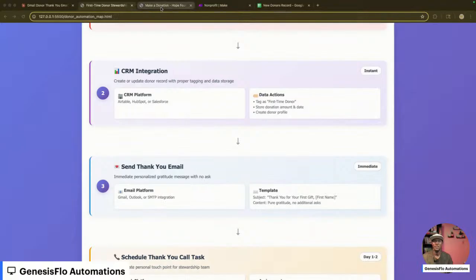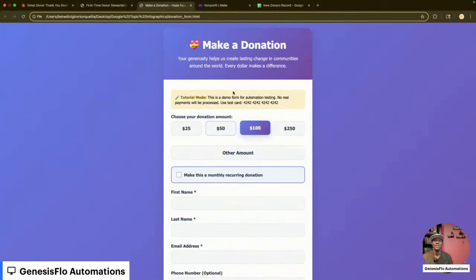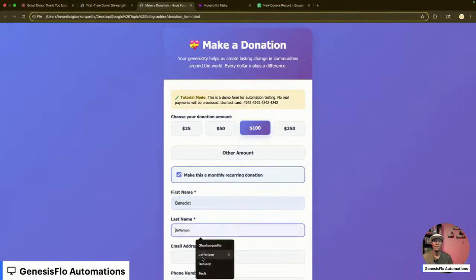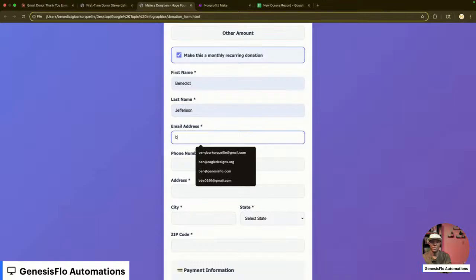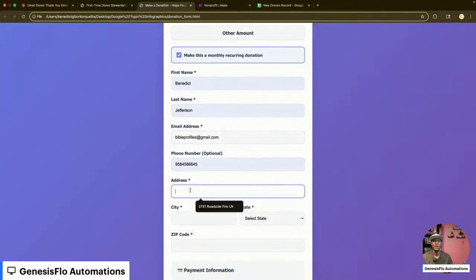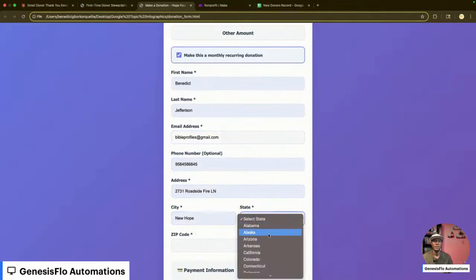Before we go ahead, let me show you how this works. Let's say this is your donation form. Somebody comes here and gives a $100 donation. Let's say this is a recurring amount. We'll fill in their first name. Their email is going to be... phone number is optional, address, select their state.